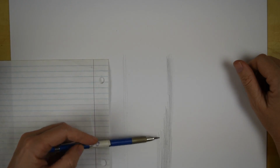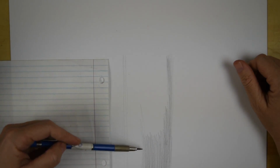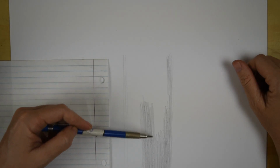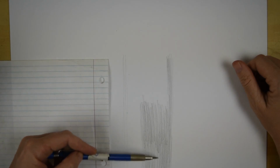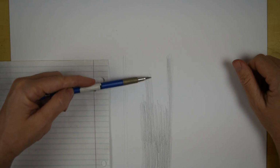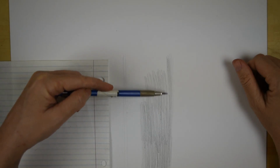And as with most things, you also want to think of layers. I talk about in my wildlife videos, when I'm talking about creating realistic looking fur, I always talk about layers, layers, layers. Well, it's the same with most things when you're dealing with graphite. Really what it's about is creating the illusion of depth through layers. Making sure I'm using the right pencil here. And that's true with this too. You want to start with a base tone